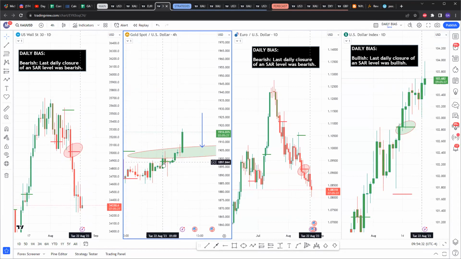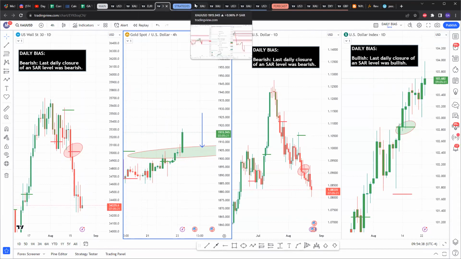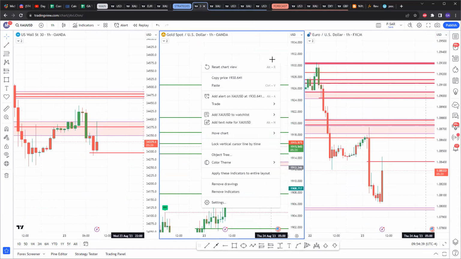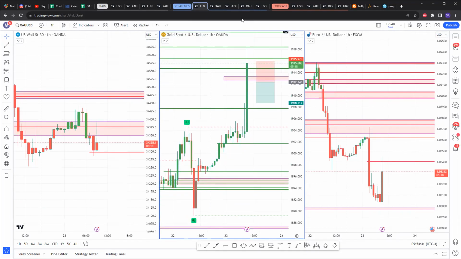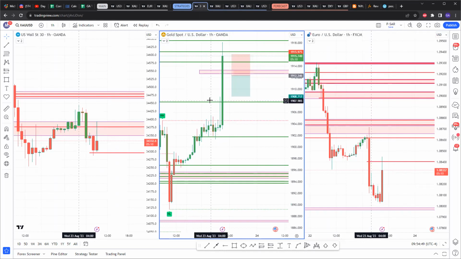This morning, 1 a.m. this morning, that hourly, I'm sorry, that 4-hour candle. And I'm glad you showed me that. If you backtest here at 1 a.m., what we would want to see is some double SARs, for me personally, how I trade, right? So if I go back here at 1 a.m., even though I was trading using that 4-hour, just trading using the entries I used to enter